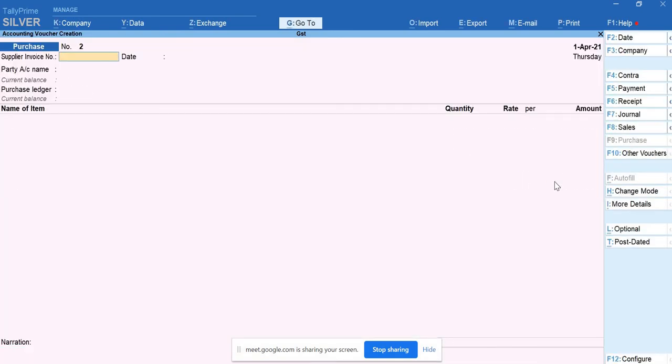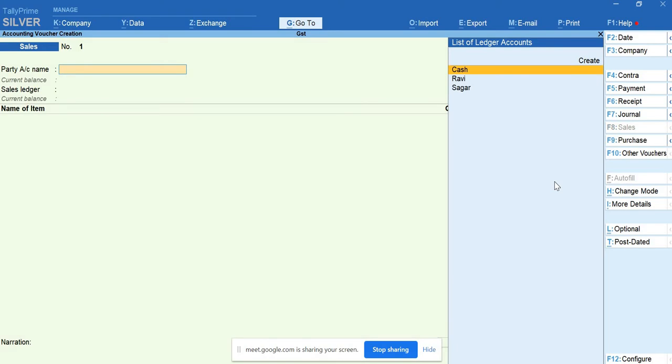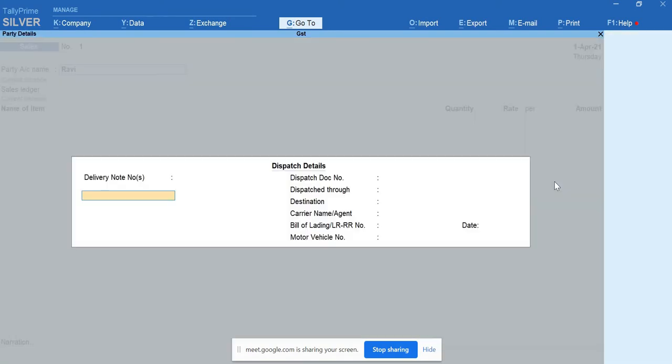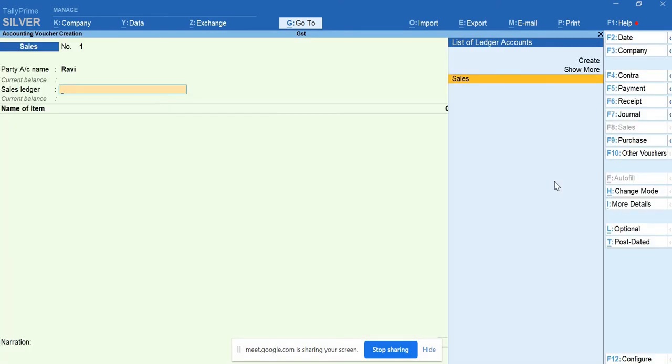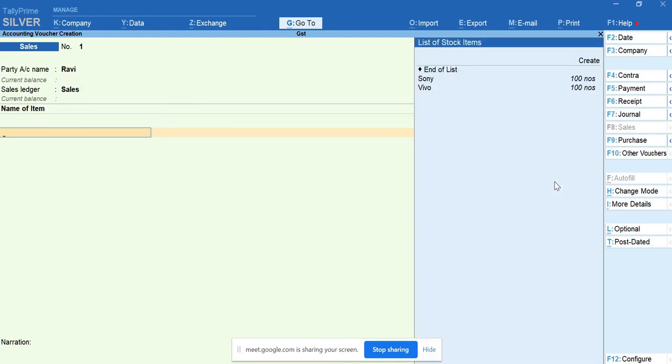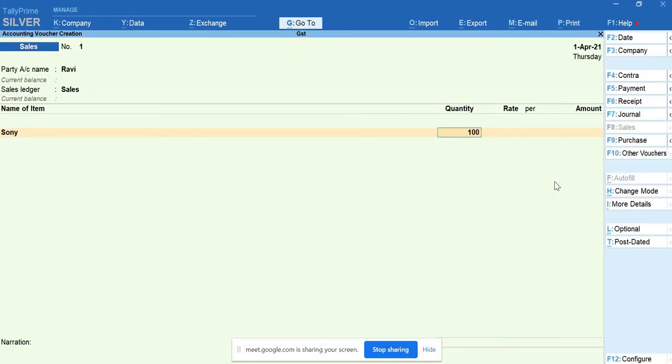So I'll go for showing the sales voucher. F8 is the shortcut key and the party account is Ravi. Sales ledger under sales, name of the item. I have Sony 100 in numbers. I'll sell all the 100. I have purchased this for 40,000 each.